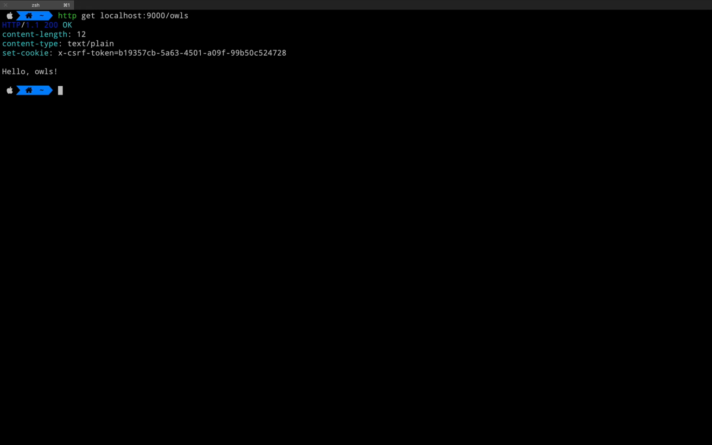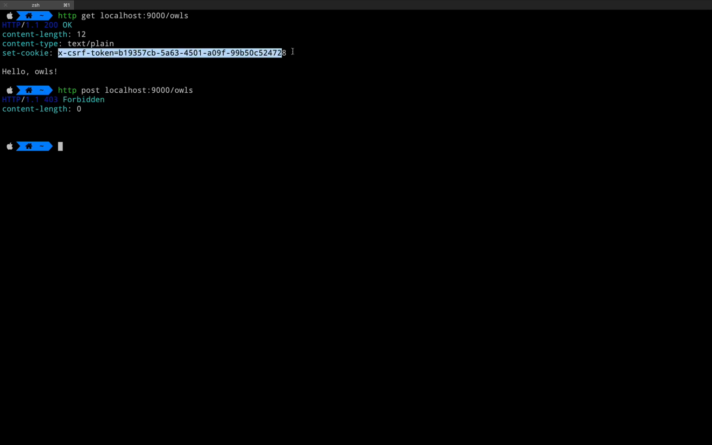So let me try to access our post endpoint. I'm going to have HTTP post, and I'm going to have localhost 9000/owls. And notice that we have a forbidden. It's a 403 because we have CSRF activated. Now, in order for this endpoint, the post endpoint at 9000/owls to work, we need the cookie and the token